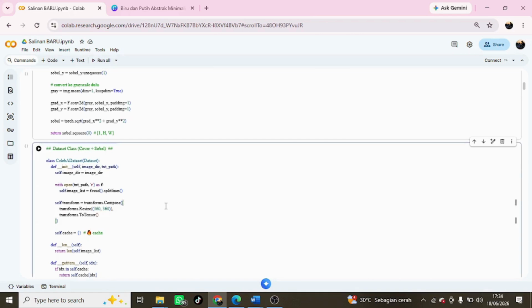After the images are successfully loaded, edge extraction is performed using the Sobel filter. The Sobel operator is used to detect significant changes in pixel intensity, thereby highlighting edge information, contours, and object structure in the image. The Sobel process begins by converting an RGB image into a grayscale image.